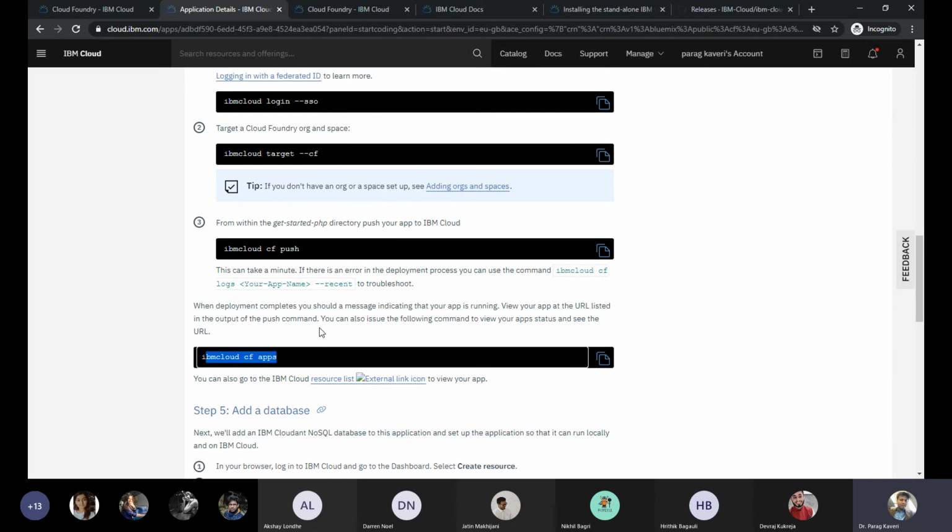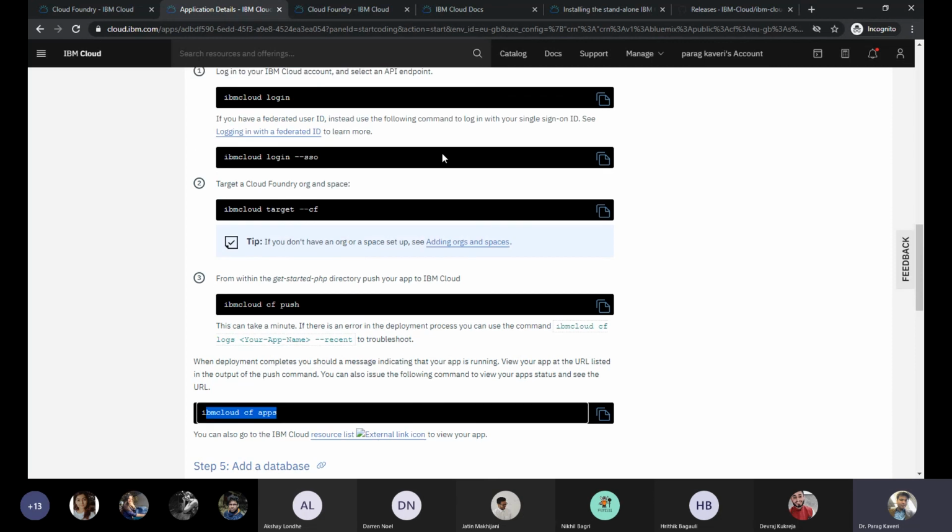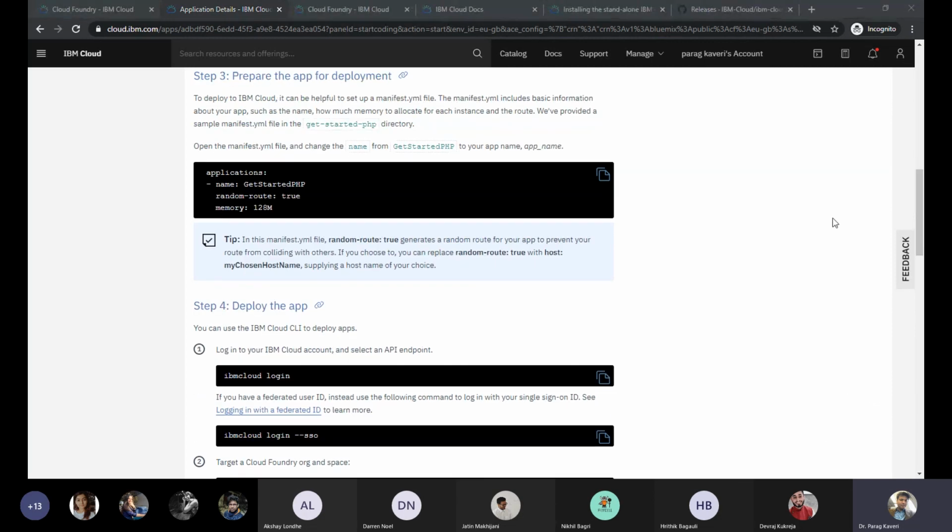So these are some of the simple steps of deploying an application. For today's class, we are just going to see if you are able to create a simple PHP application. We are not going to see the deployment of it. We are just going to see whether you are able to create your own customized app or not. So whatever instructions I have said, just do it and create your own application. After creating your application, I want you to put the URL of that application in the chat so that I can also check it.